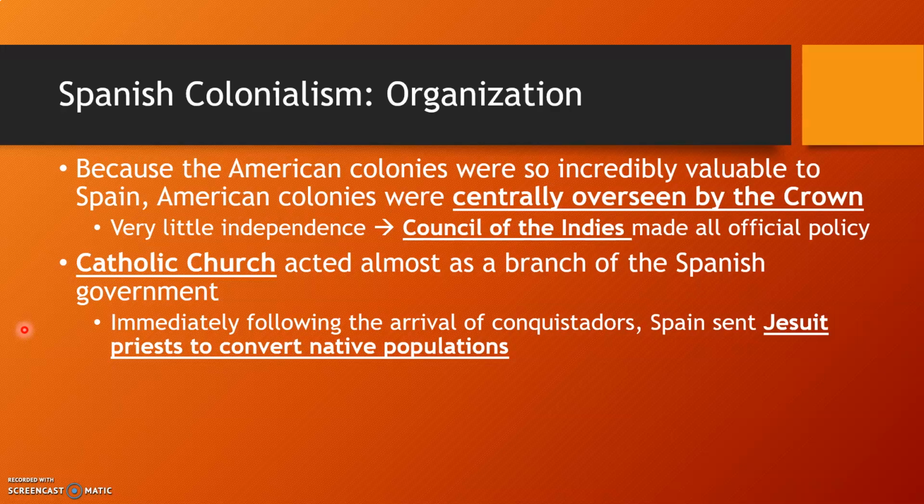The Jesuits were sort of the Catholics' response to the Protestants. They were a group of very highly educated priests who took a vow of poverty, and so they were used to hard living. They didn't mind living in difficult conditions. And they also actually invented the field of linguistics because they realized that in order to convert native populations, you had to first understand what people were saying. Now, the Jesuits went on missionary activity to try and convert native populations. They also, because they had taken this vow of poverty, were suitable for early colonizing efforts because things were hard or different, and they were used to that.